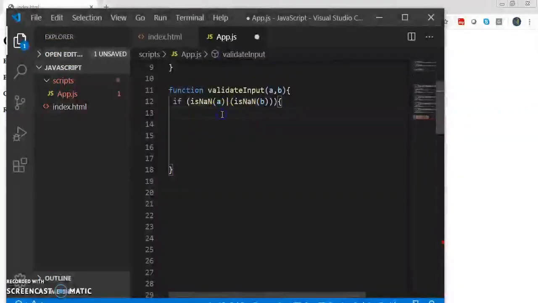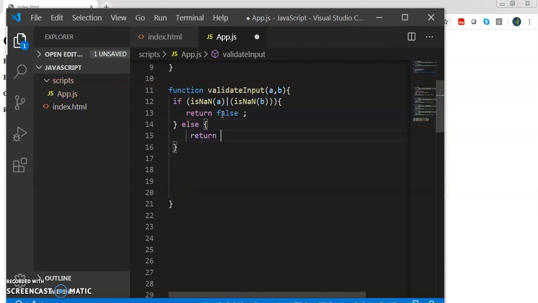If either of the two entered numbers is not a number, then we return false to the calling function. Else we return true to the calling function, saying that the two numbers are valid.